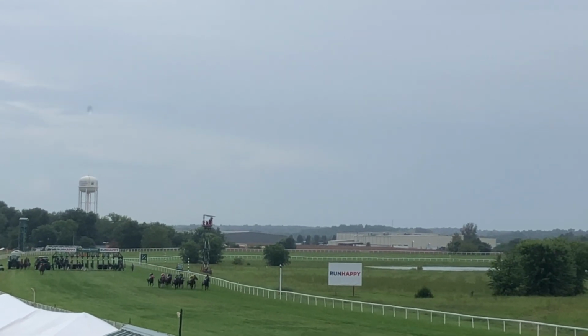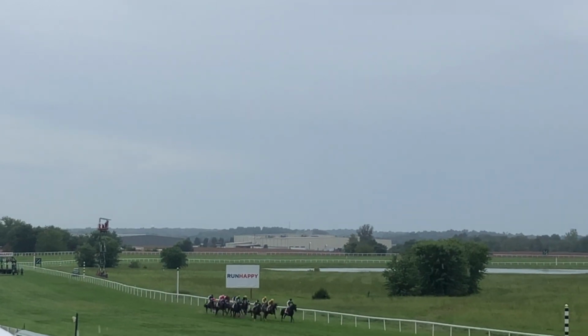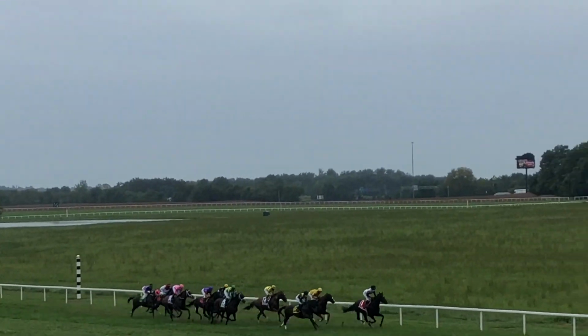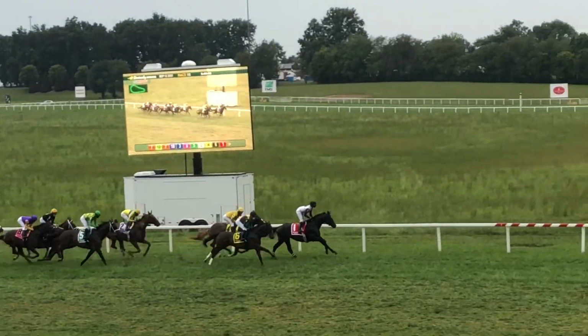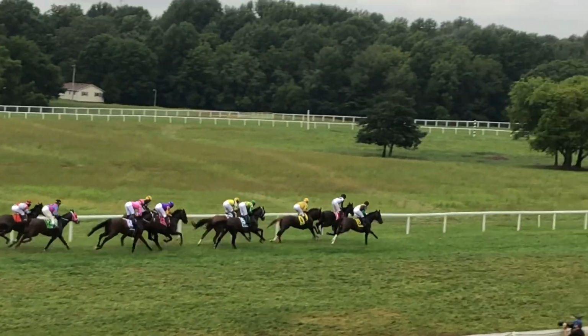Undulation comes out well from the outside. Chanky from the rail also. Fletching with some early foot. Eons between those two was away with speed, and Red Knight came out running in fourth, tucking in behind them about five lengths off the lead early. And Arklow to the outside. Grand Journey. He's moving in his neck. Zulu Alpha is